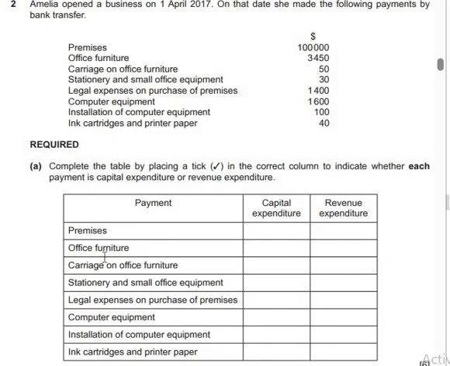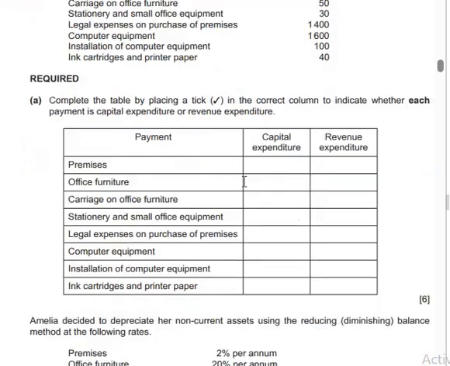Right. So now let's look at a question on a structured paper, paper 2. This is October-November 21. So Amelia opened a business on 1st April 2017. On that date, she made the following payment by bank transfer. We have to complete the table by placing a tick to indicate whether each payment is a capital expenditure or revenue expenditure. Please be reminded that capital expenditure is actually